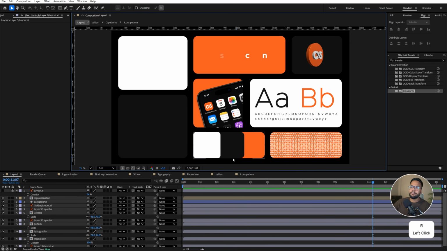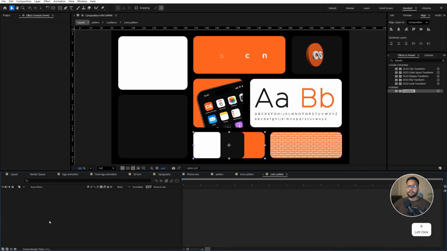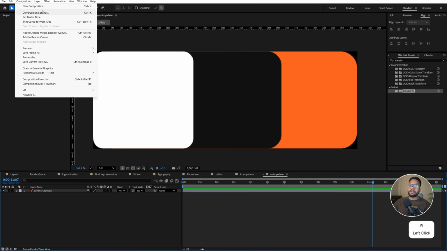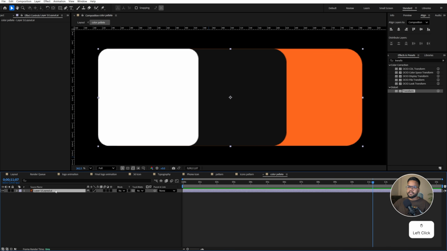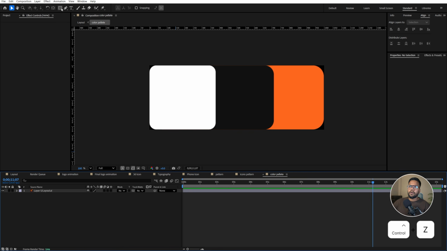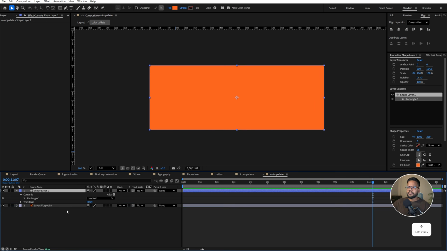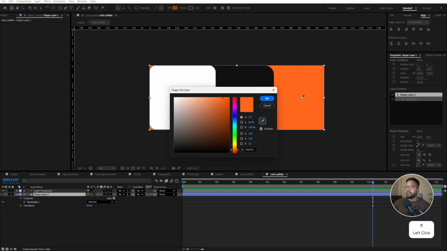So now we will animate this color palette. So select this one and right click, pre-compose it and name this color palette and hit OK and double click onto it to open it. Go to the composition settings and change this width value 1000 and select this layer, right click, transform and fit to comp. Now double click onto this rectangle layer and change this first color to this orange. So change this color to this orange